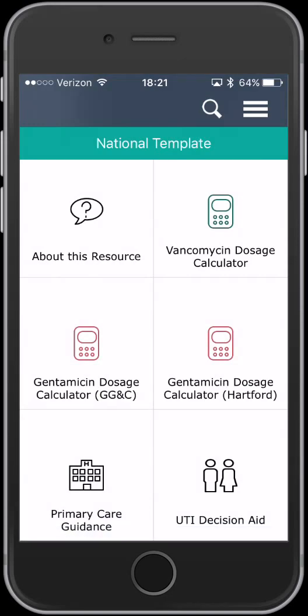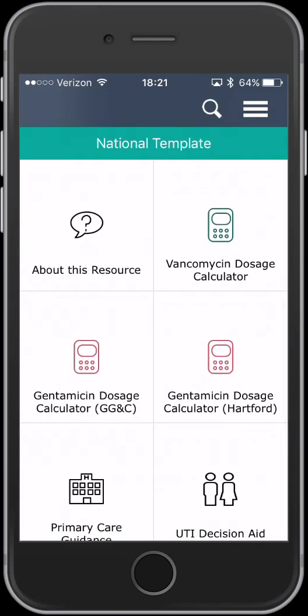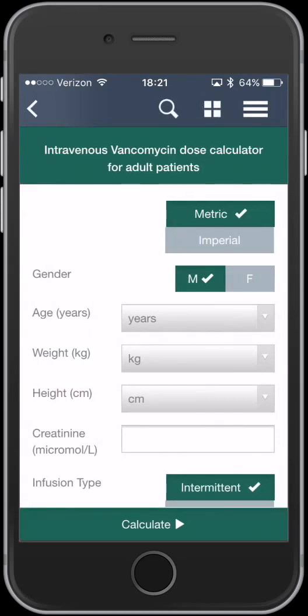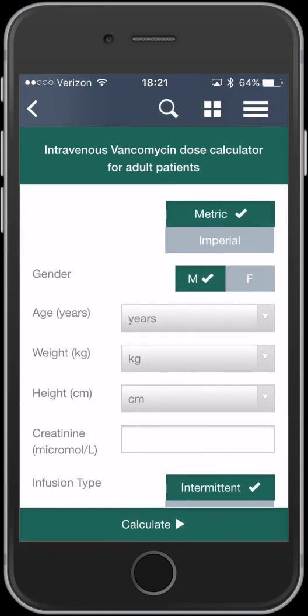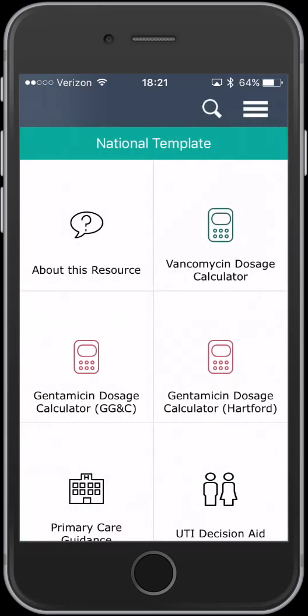So things I liked about the app: the interface, as you can see, is very easy to use. It's laid out very cleanly. It includes these handy-dandy antibiotic dosing calculators, which I neglected to show you. You can change the units here. Otherwise, it's pretty straightforward. They do require creatinines in a somewhat unusual micromoles per liter, which is not the standard used in the facility I work in, so you'll have to calculate that over to come up with the correct